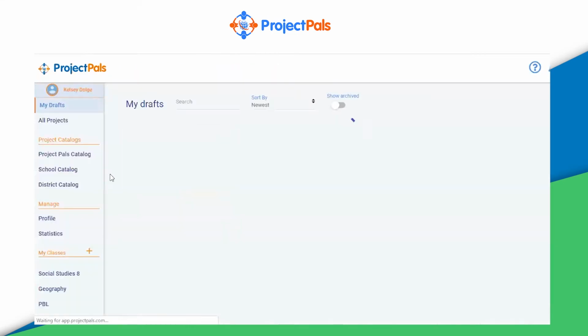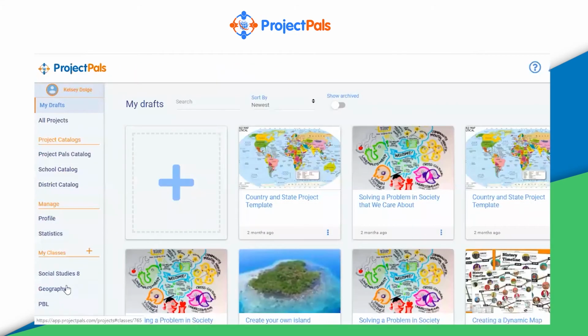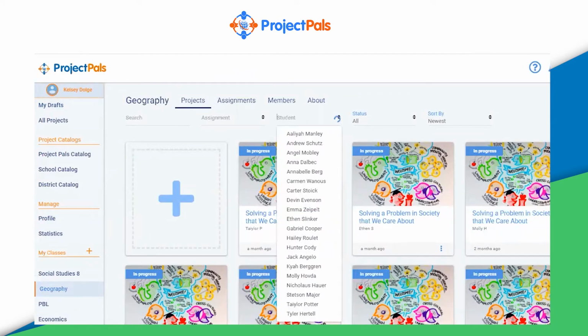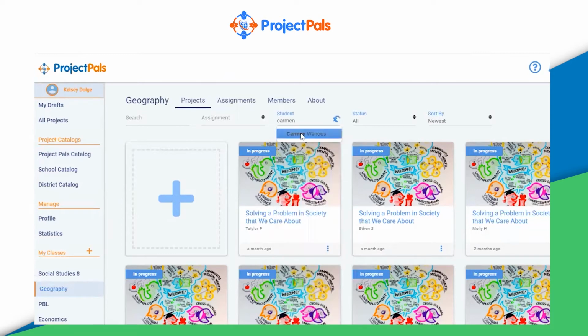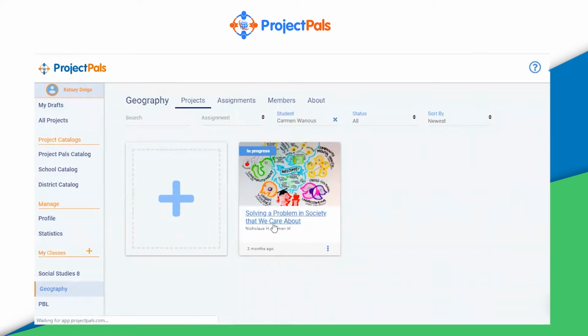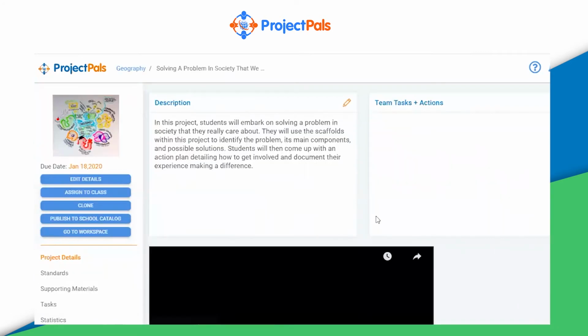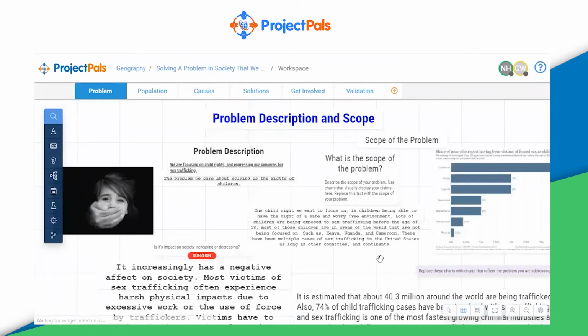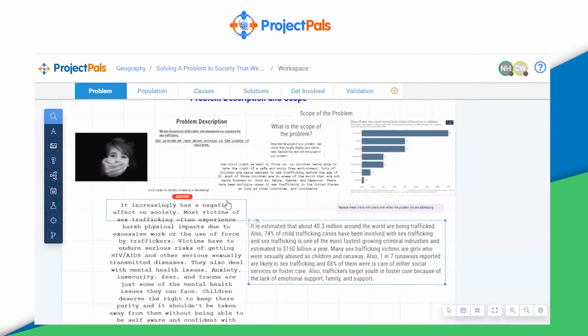Yep. And so the next one I'm going to show you is from my 11th and 12th grade geography class. And this is the solving a problem in society that we care about. And so these two students worked together, and they took on human trafficking as their topic of choice. So this is a template that is already uploaded into Project Pals. Here we go. They did a lot with the problem description and the scope, and including visual aids that can